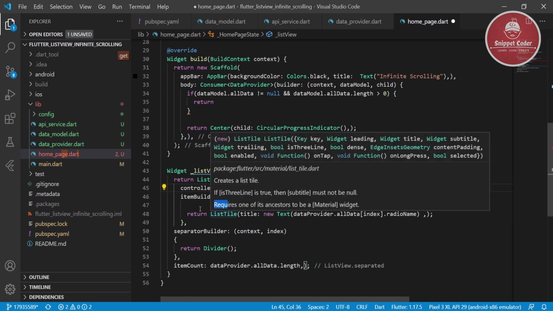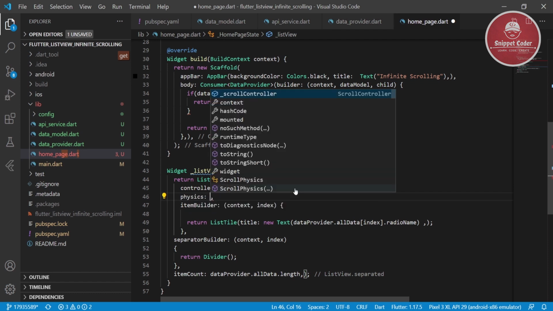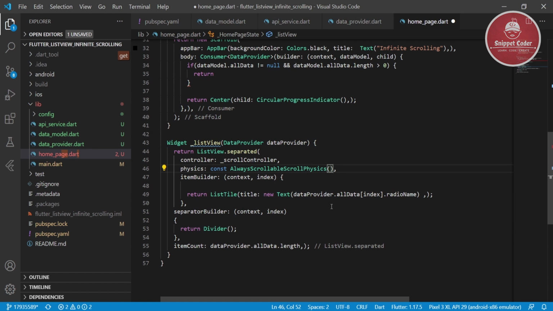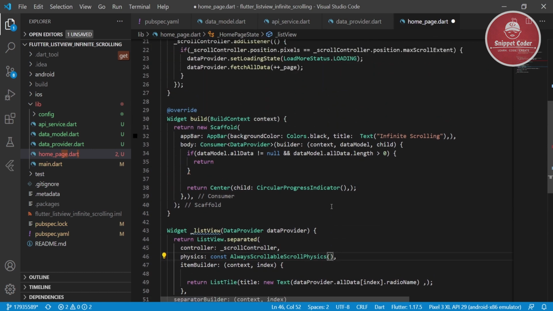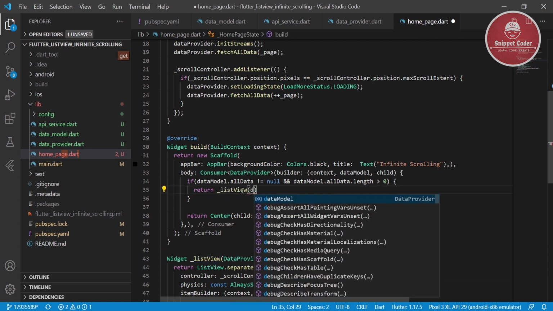then we will pass one variable of physics, and here we are passing constant always scrollable scroll physics, and then we have to call that method list view, and here we have to pass data model.